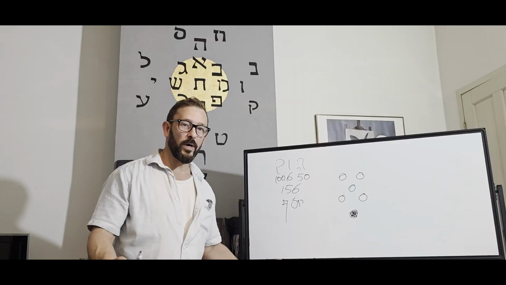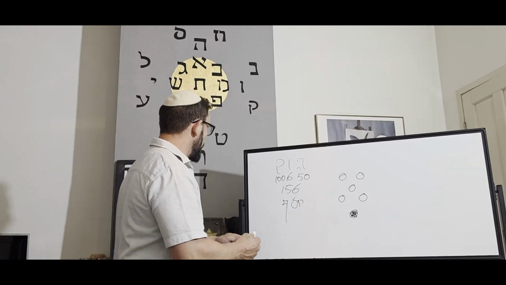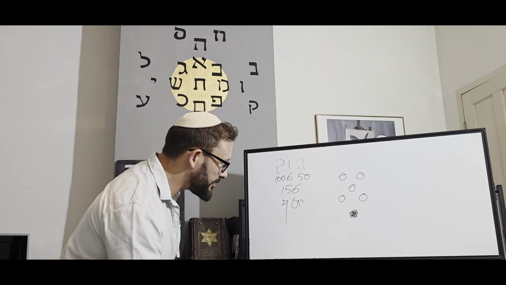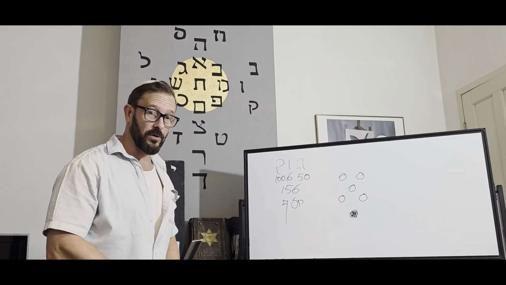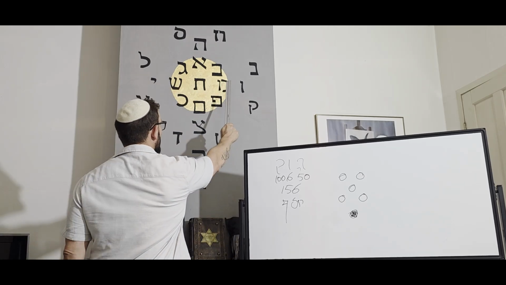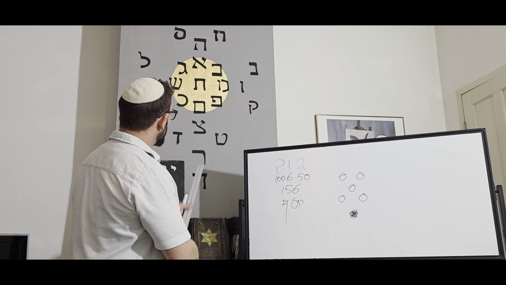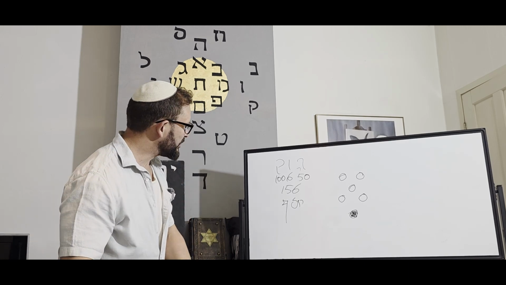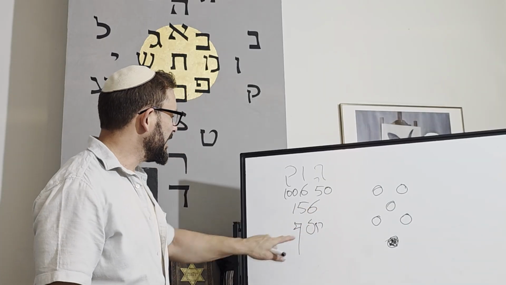So where do we find water? We take in water through the mouth, and we already see it here. That's why the Peh is immediately connected to the Mem, because it takes in liquids and solids, drinks and food. And this Peh's 80 is also Yesod, but we find it here also, because Yosef already hints at Yesod,